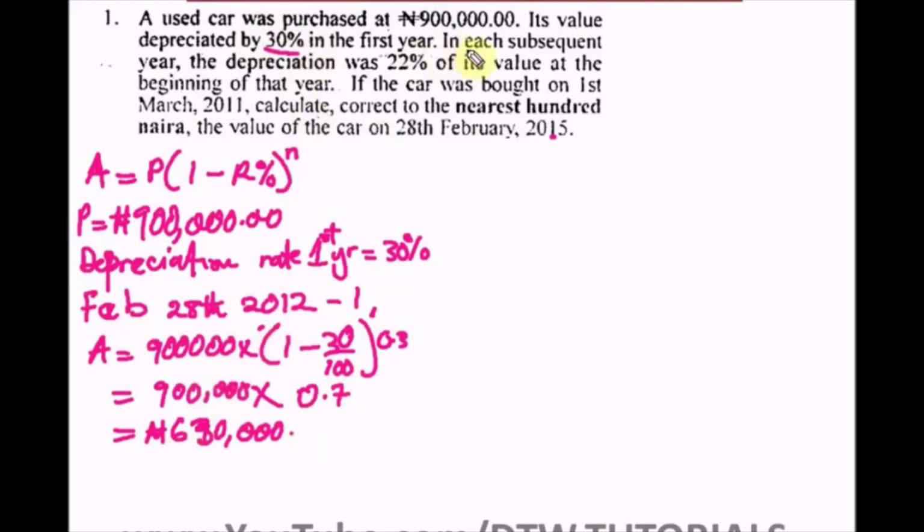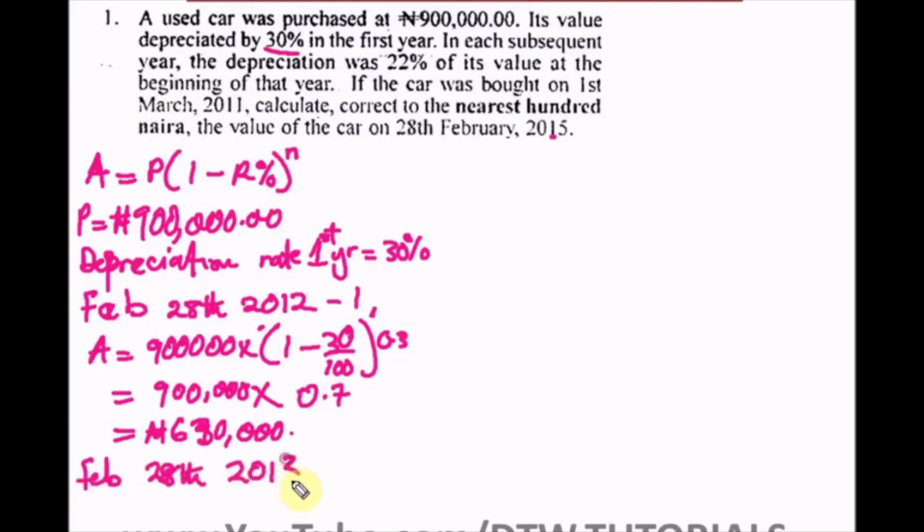Now the question says that in each subsequent year after the first year, that's 2012, the depreciation was 22% of its value at the beginning of that year. So at 2012, we're going to use this amount to get the next amount for the next year. Let us write this here. Our next year is February